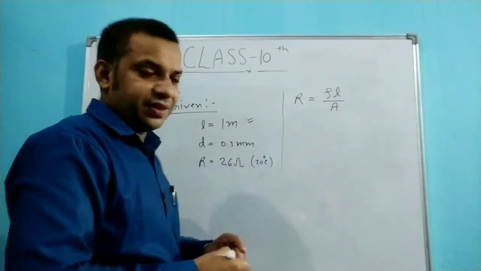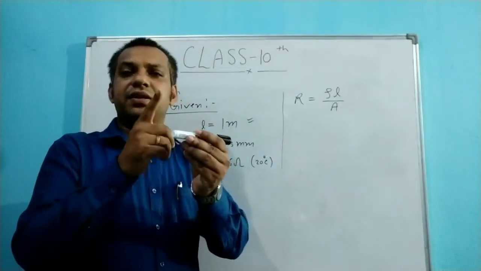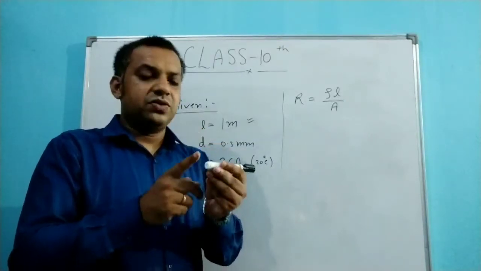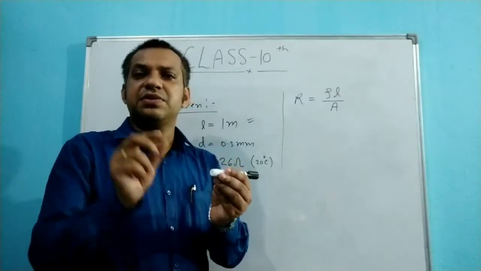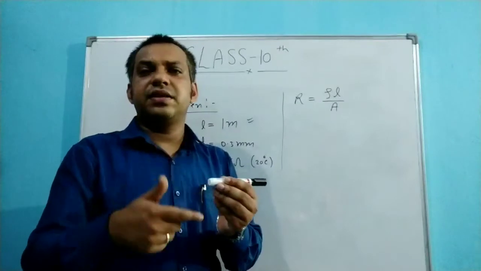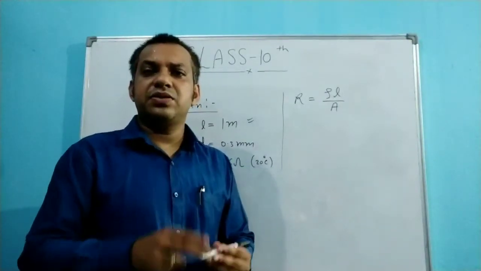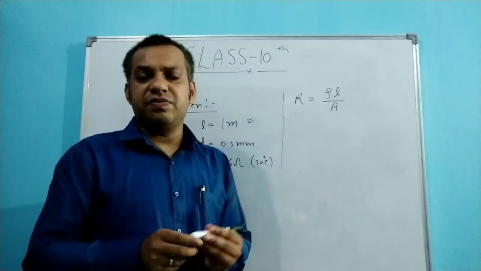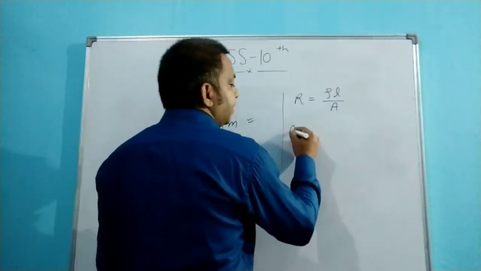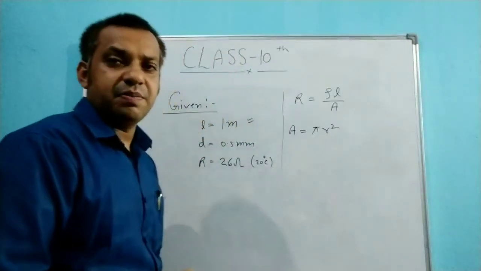So what is the area of cross section? If this is a wire and you cut this wire with a very sharp knife, whatever structure you get is called the area of cross section. If you cut this wire with a very sharp knife, that means the thickness of the cutting part is negligible, you will see a circular structure. So the area of cross section means the area of that part, and the structure is circular. So the area of cross section is pi r square. You know the area of the circle. It is pi r square.